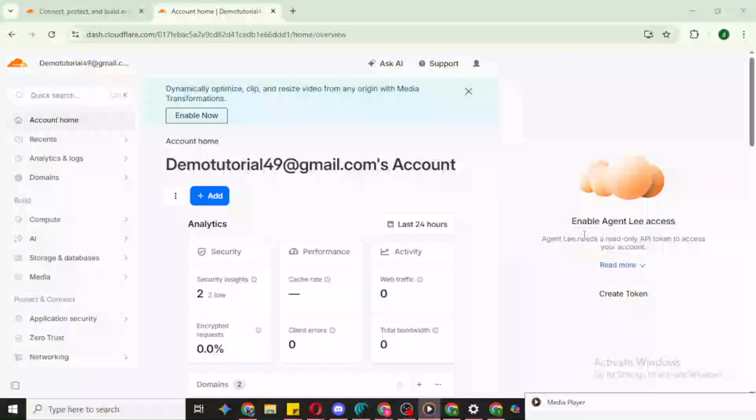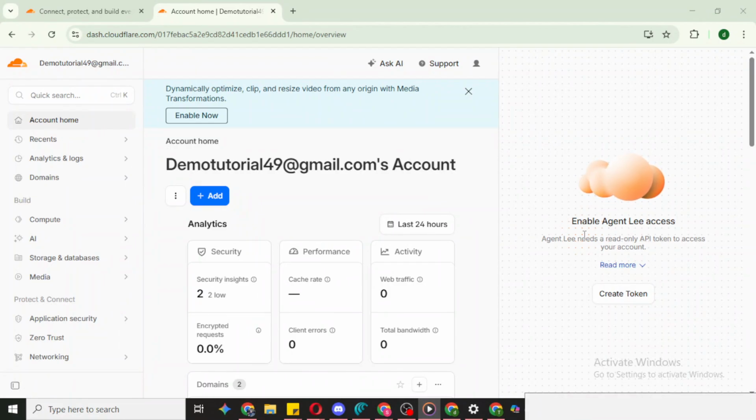In today's video, I'm going to teach you how to prevent invalid bot traffic on your website using Cloudflare. If you've noticed odd spikes in traffic, suspicious clicks, or forms filling themselves out, there's a good chance bots are poking at your site. Cloudflare makes it simple to reduce that noise and protect your resources with a feature called Bot Fight Mode. Let's walk through how to turn it on and what to expect.